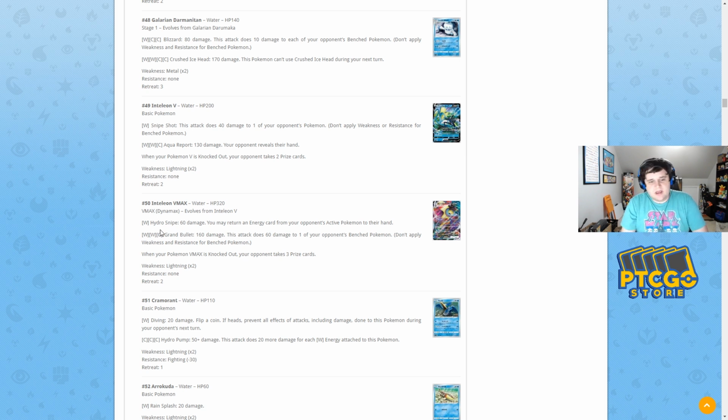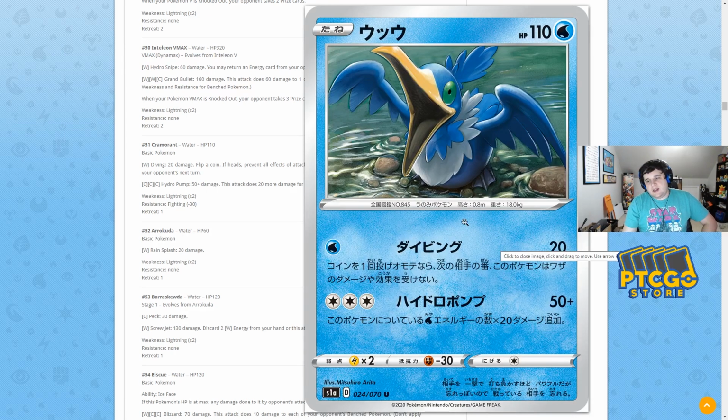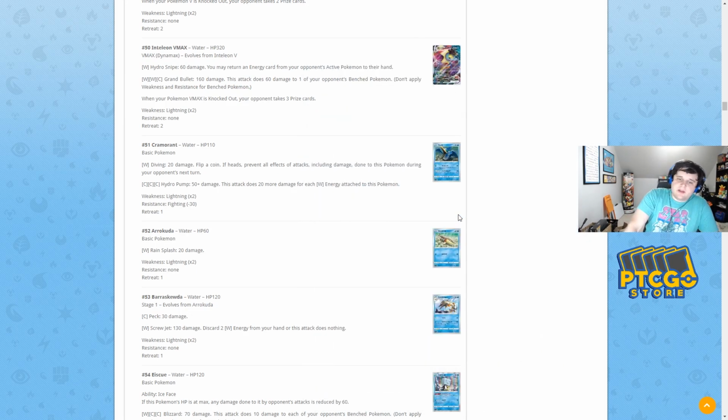So, yeah, 2 energy to do 160 and 60 snipe. A little too good. Needing 3 energy holds it back a bit, I think. Alright, Cramorant. 20 if heads, prevent all effects of attacks. Nope. And I guess you could make a 1-prize Frosmoth deck that could hit pretty hard, but I'm going to go ahead and say...